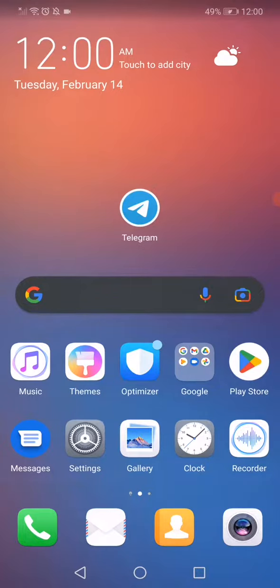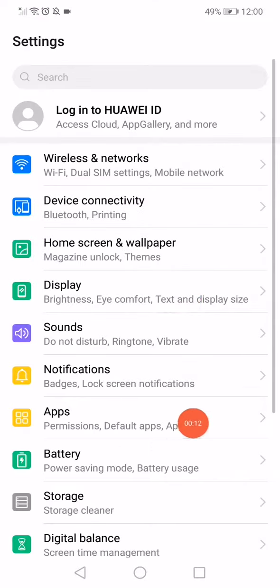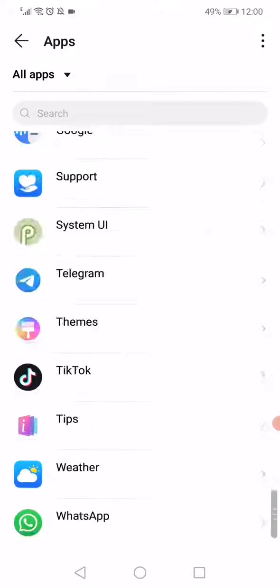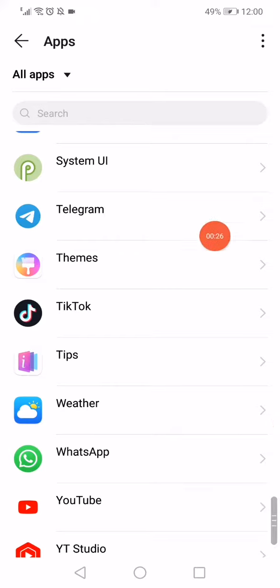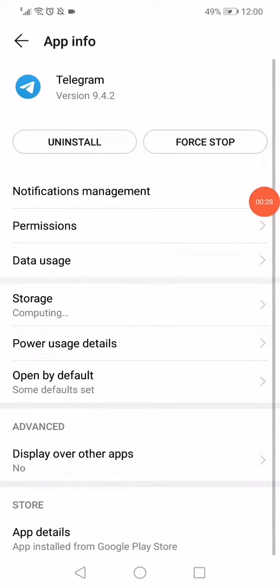So all what you want to do is go into the settings in your phone, open the apps manager. When you open the apps manager, now all what you want to do next is very simple. Just wait a few seconds, and after that scroll until you find Telegram like that. When you find Telegram, all what you want to do is click on it, and it will take you into